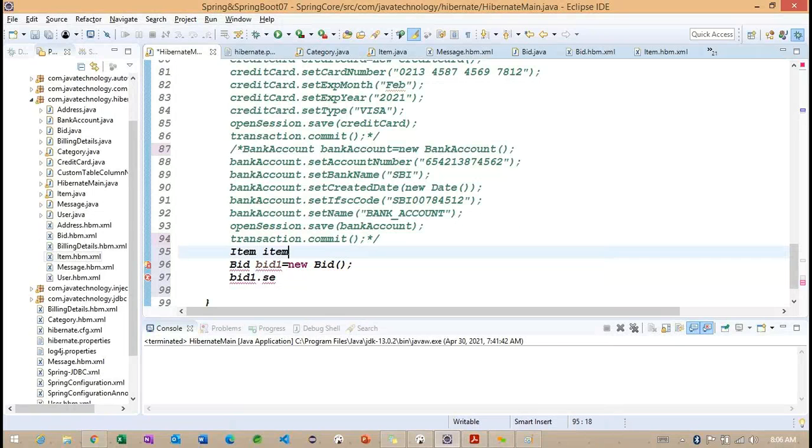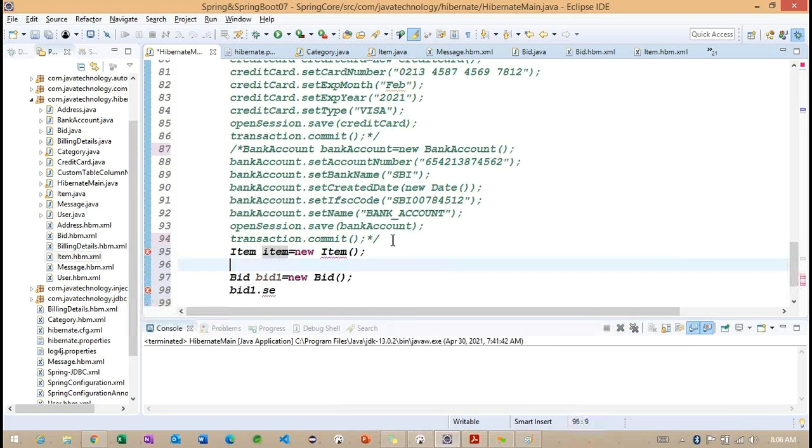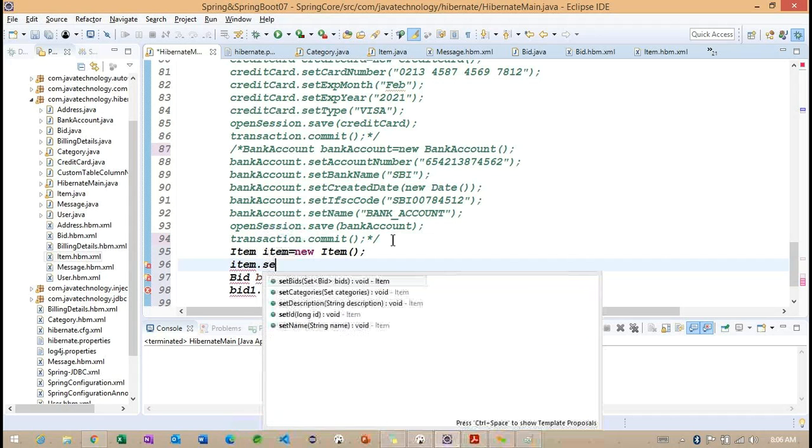Item dot set name, something called item system description. Getting the point. So item, we are going to work with only one, right? Item description is fine.